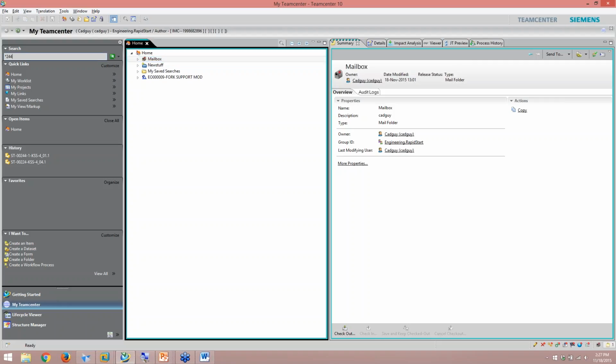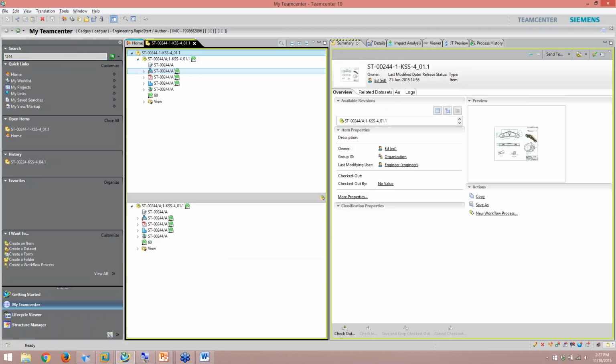How quickly can you search for anything inside the database? We have a quick search over here in our nav pane. I've got an advanced search, but if I want to look for anything, I can quickly go in there and do a search. I can do a keyword search. It kind of works like Google. You can use keyword searches, wildcards. You can search against attributes. You can go back and get relevant data.